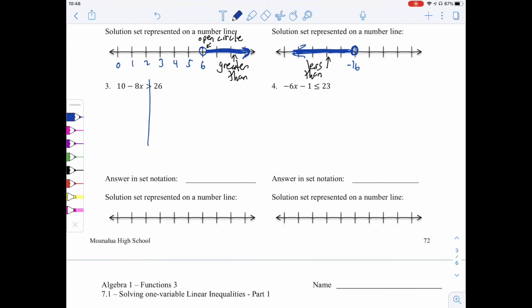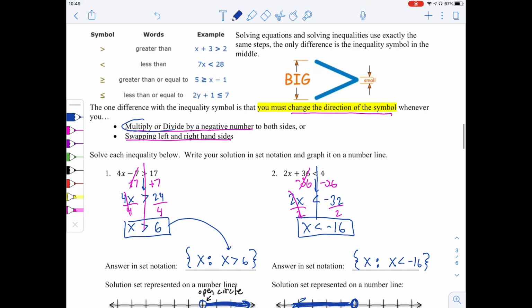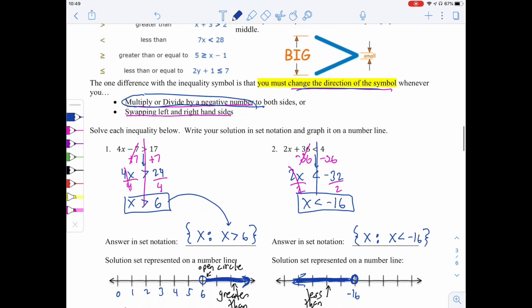All right, so we want to get rid of our singles numbers first. So we're going to subtract 10 first from both sides. So bring down, remember this is negative 8x, so negative 8x less than 16. And then we're going to divide by negative 8 to get rid of that. So remember, when we divided by a negative, that was one of our things. If we multiply or divide by a negative,